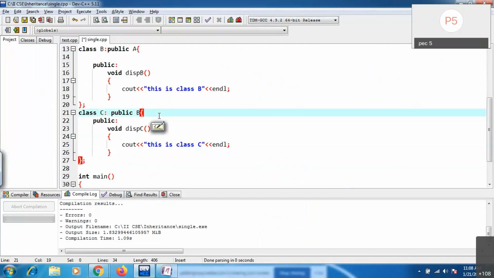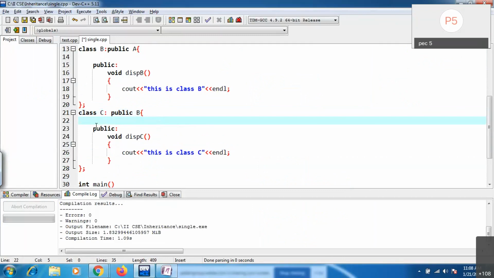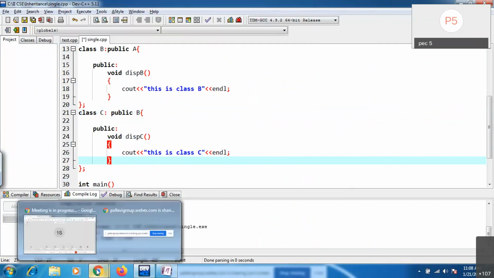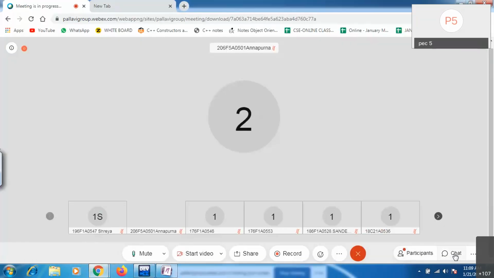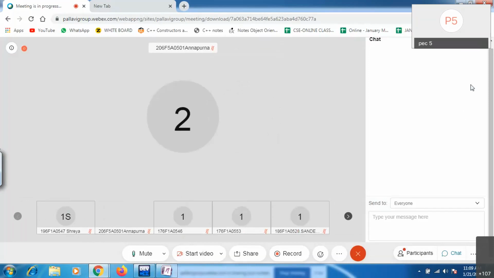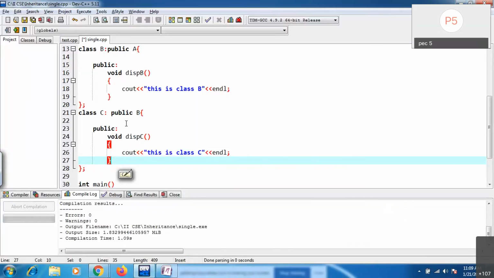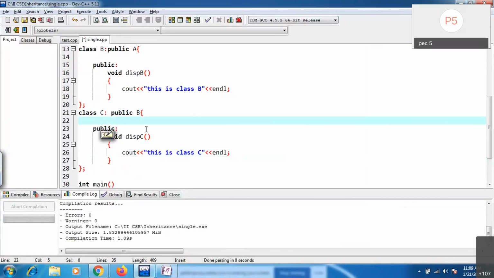Can anyone tell: can we access A class members inside C? I'm opening the chat box. You can type it in the chat box, or you can unmute and answer. My question is, inside C, can I access A class members?